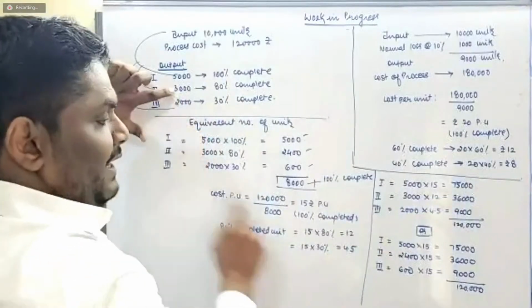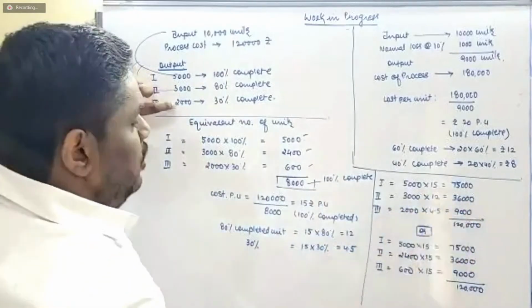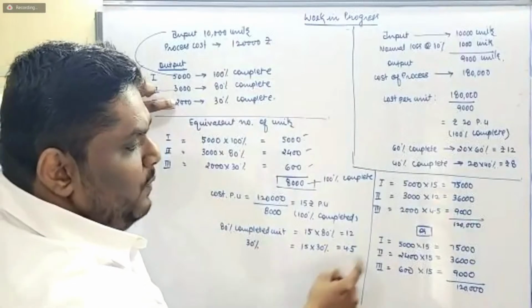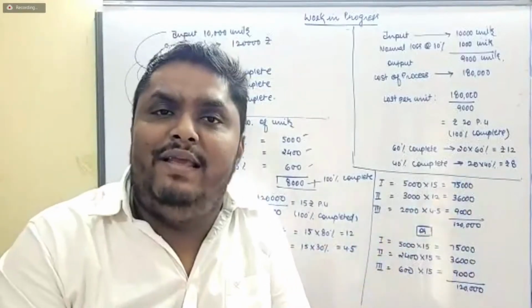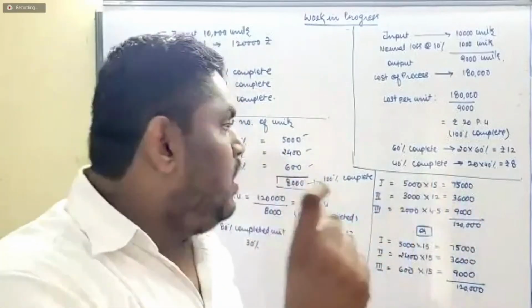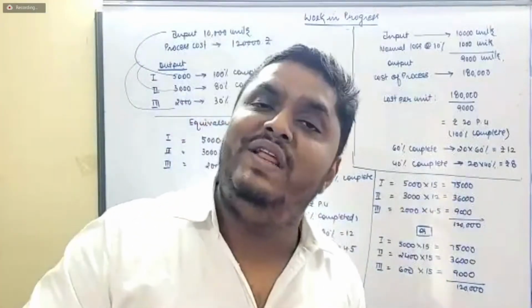3000 into the cost of 80% is 12. So 3000 into 12. 2000 into the cost of 30% complete, that is 4.5. This is how we can calculate the cost. Alternatively, again, as I told you, the cost of 3000 units that are 80% complete will be equal to 2400 units